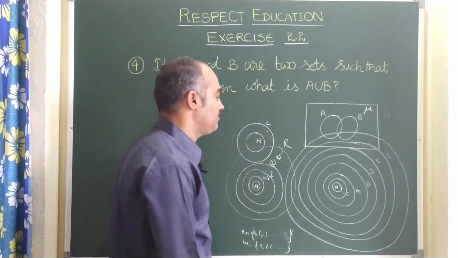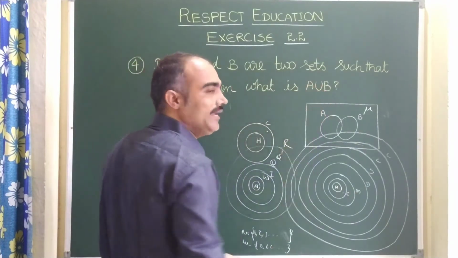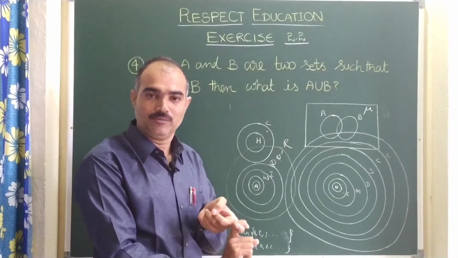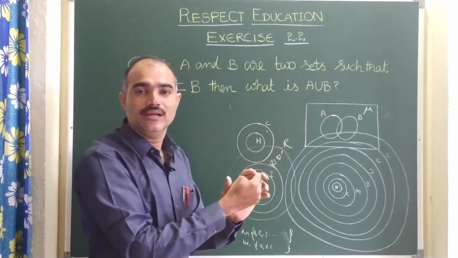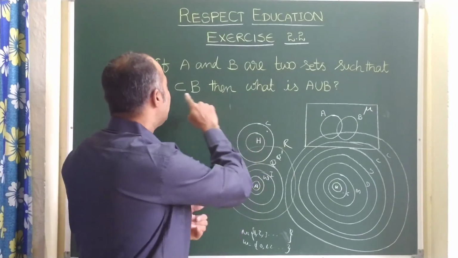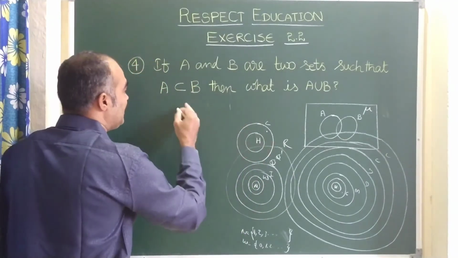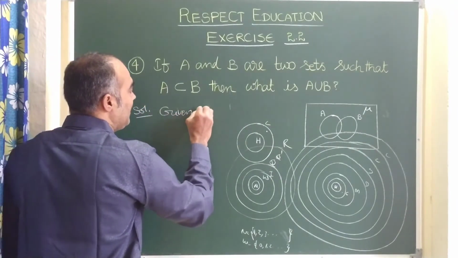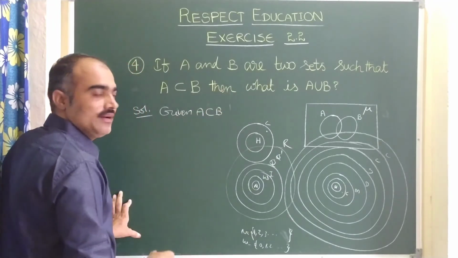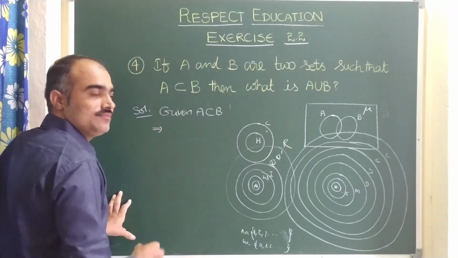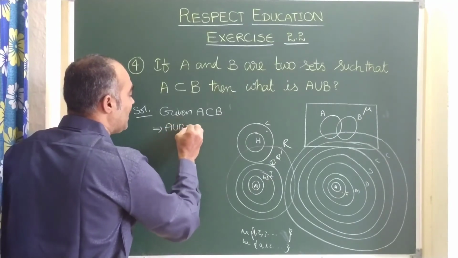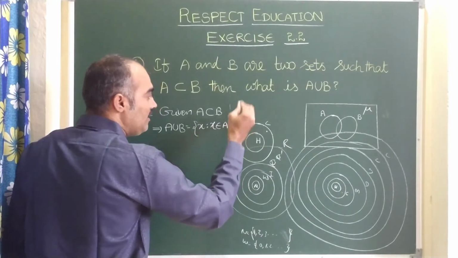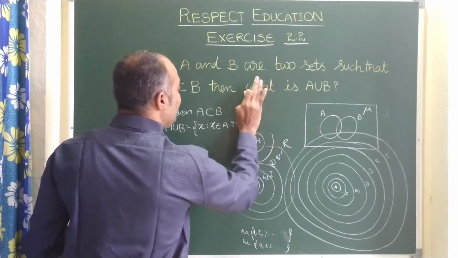When you are taking union, I have told you, it is like doing friendship, so the maximum possibility can be gained by you. Again you come back: A is a subset of B. So let us come back to the solution. Given A is a subset of B, right? Then what happens? A union B is equal to, as I have told you earlier, the set of X such that X belongs to A or X belongs to B.